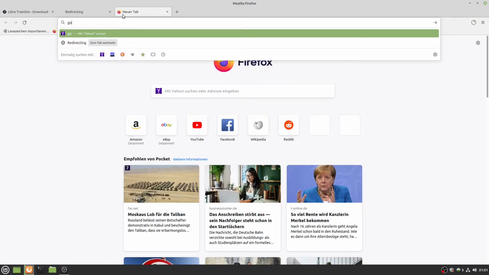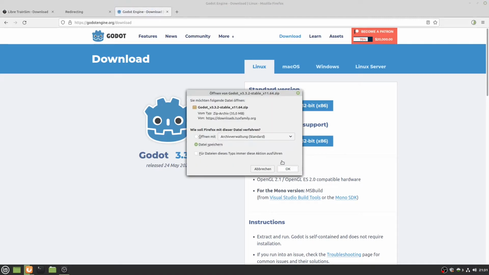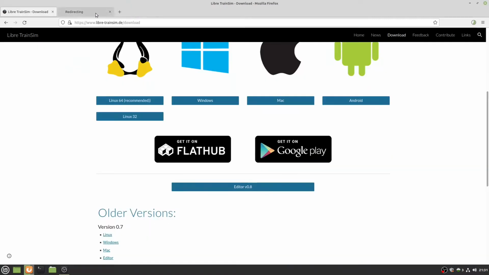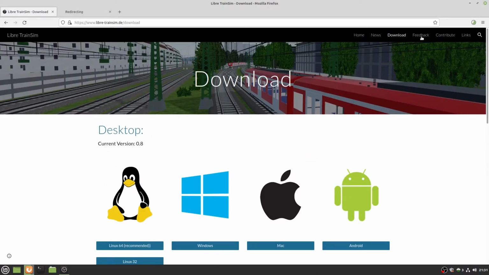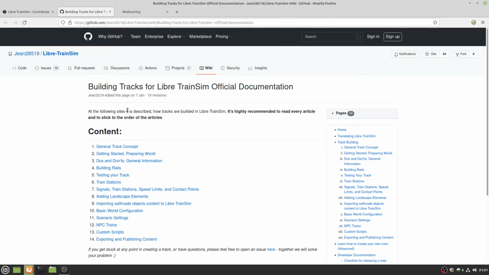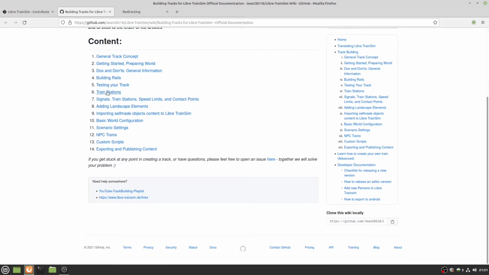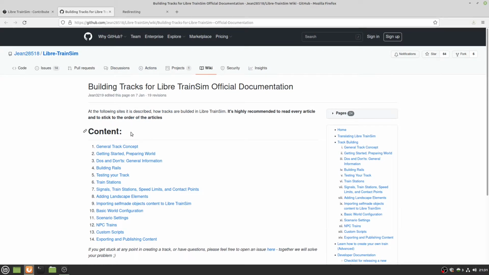Also head over to Godot Engine.org and download here the appropriate version. For me, Linux 64-bit is completely okay, this version here, and select save file. While this is downloading, just head over to contribute, and here you see the documentation for Libre TrainSim, and I highly recommend you to follow this tutorial or to keep an eye on this